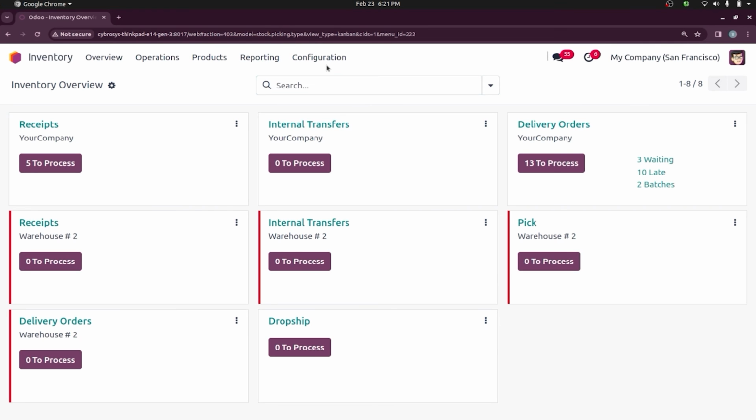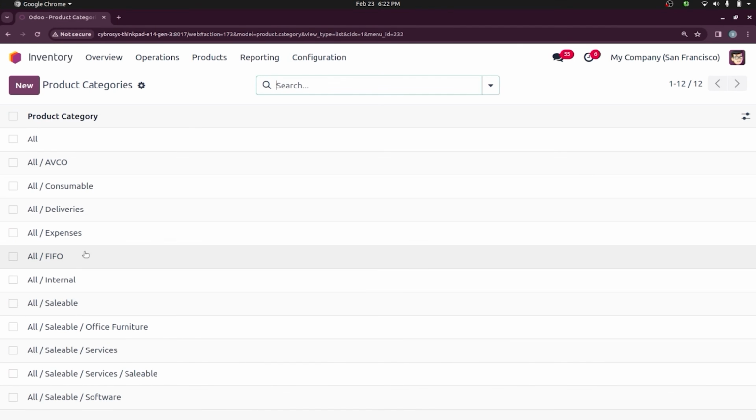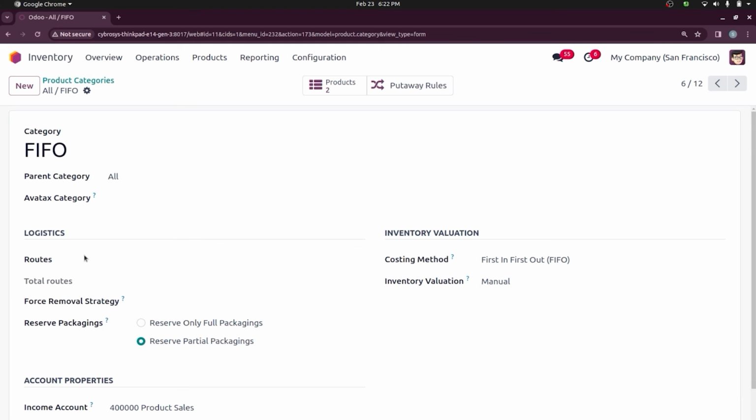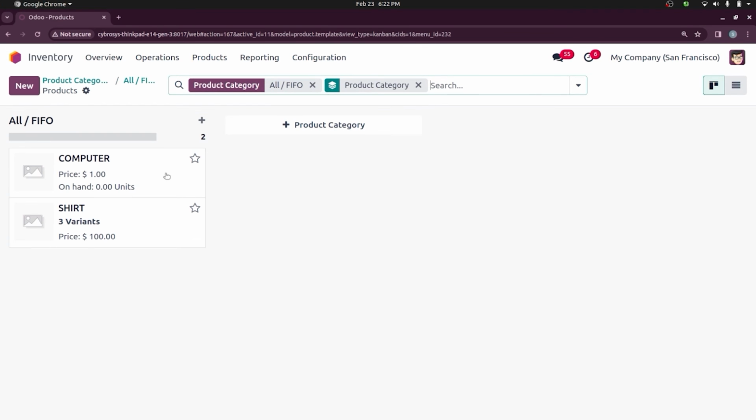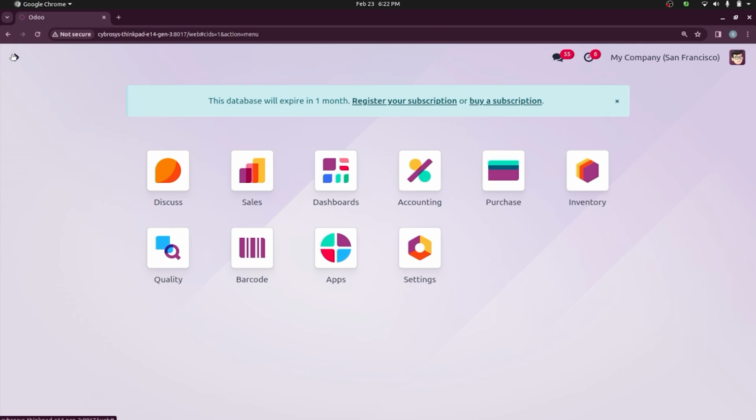Inside the inventory, let's choose another product category. Here I'm choosing the product category as first in, first out. So the costing method is chosen as first in, first out. Let's check the product. There are 2 products. One is computer and another one is shirt. While checking the cost of computer, the cost is 0. Let's purchase